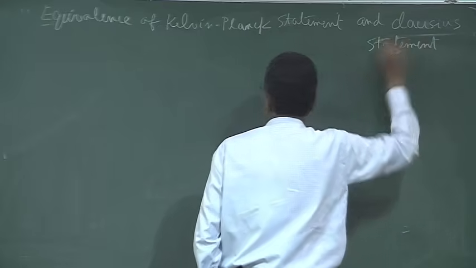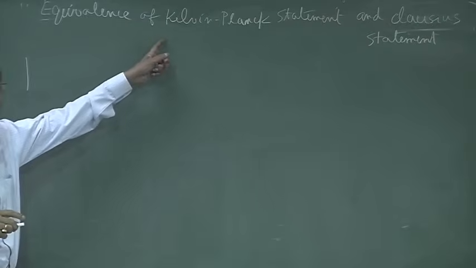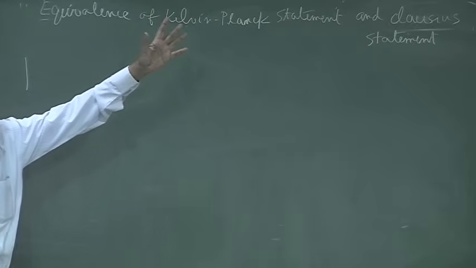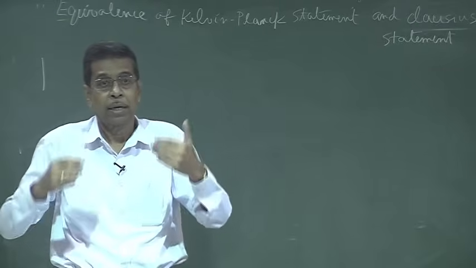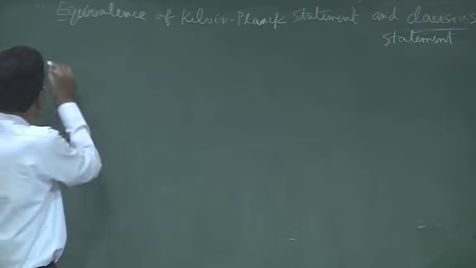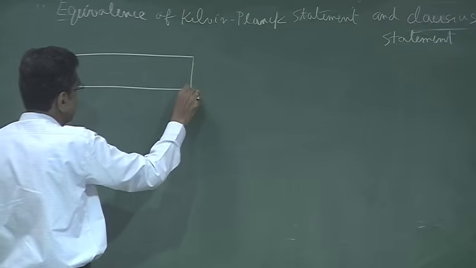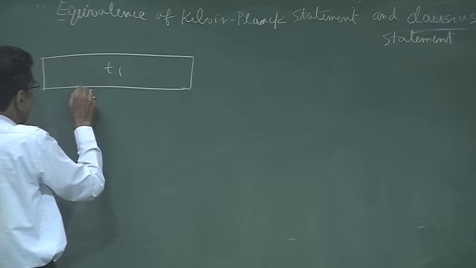Now you see the equivalence of Kelvin-Planck and Clausius statements. Equivalence means if the Kelvin-Planck statement is not valid, then the Clausius statement will also not be valid. Similarly, if the Clausius statement is not valid, the Kelvin-Planck statement will not be valid. Let us consider the Kelvin-Planck statement is invalid. That means there is a heat engine